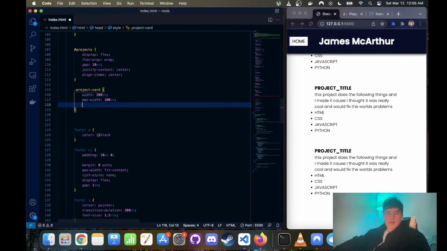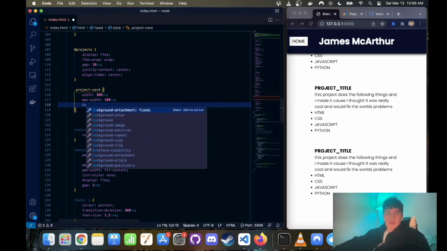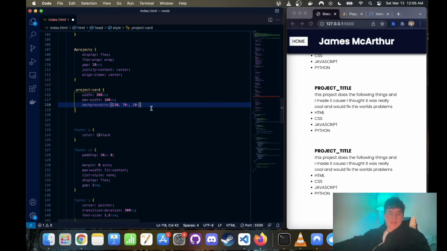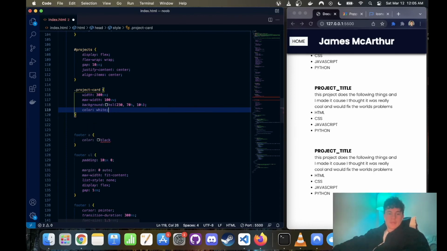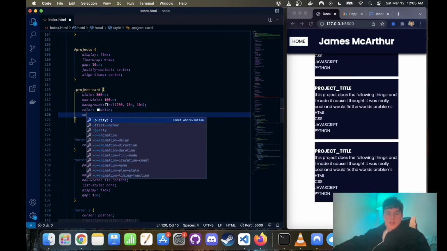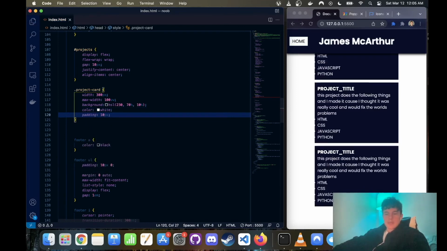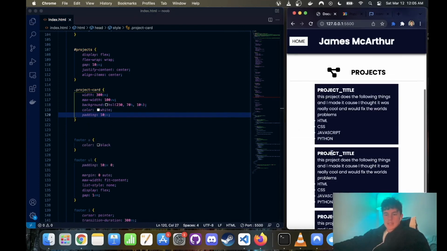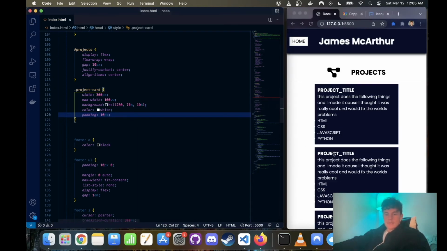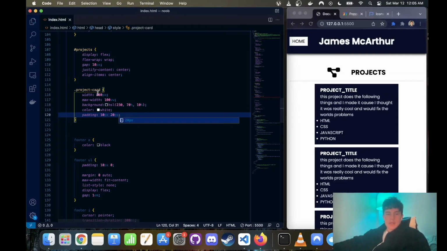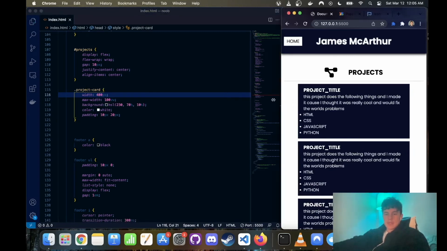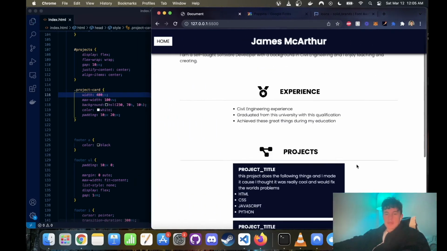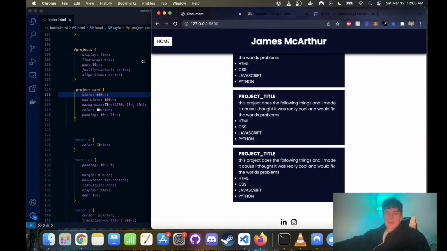We're also going to go background, and we're going to match the color above, and we're going to go color white. So they're all going to be the opposite. We're going to go padding, which is 10 pixels everywhere. So they're nice and centered. Actually, we could probably do 20 pixels horizontally. Make the max width 400. Just give it a bit more space. So these are our little project cards, and then, yeah, once again, if you go onto a bigger screen,